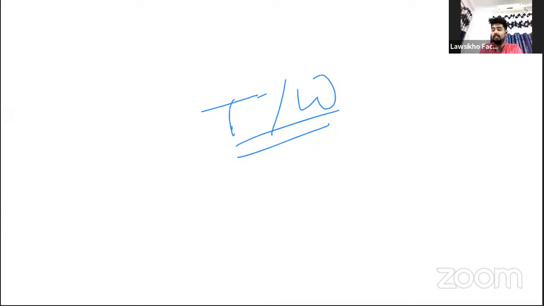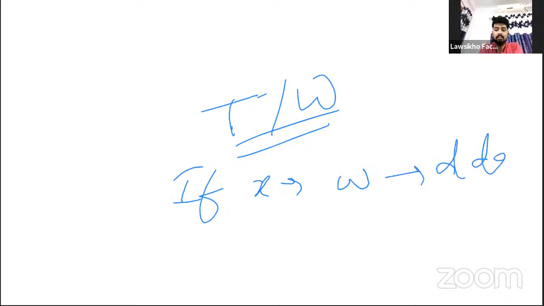So, the basics: when we talk about time and work, there is one common phrase. Say a person X does some work W in D days. Then what is the efficiency, what is the ratio of work done in one day? They might couple this question with another person Y, who will have a different set of data. When we talk about all these, there are two or three important points you need to be aware of. The first is that work